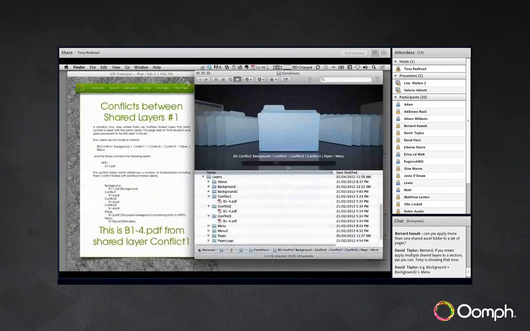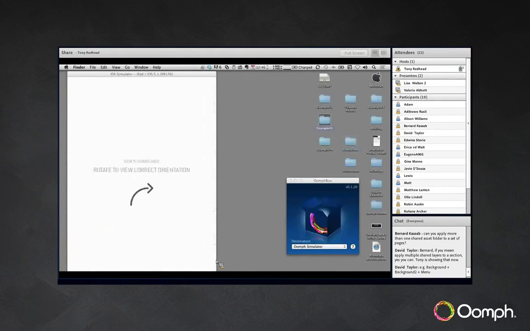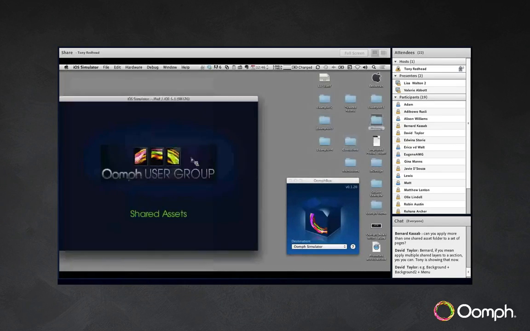One last little tip that I'm going to show you is if we close this up here, and I come back to my example 3, and let's say we're building a primarily landscape project. We end up with this portrait version where we've got to rotate to view the orientation. So we come down here, it's fine. What I want to look at is a quick way of creating what we call a default page. So inside example 3 here,